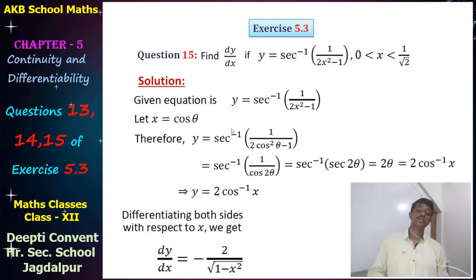So here we see that all the trigonometric formulas and techniques convert from one ratio to another ratio. We have to remember all the formulas of trigonometry and inverse trigonometry, and then convert, and then you can get the derivative of the function. So remember, revise all the formulas: trigonometry, inverse trigonometry, derivatives, and so on. So that was the solution of question 15. Exercise 5.3 is completed. Okay.